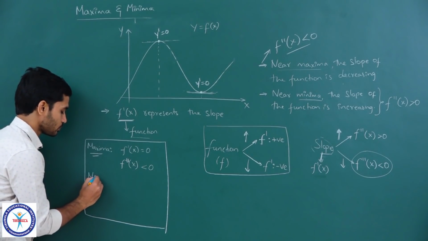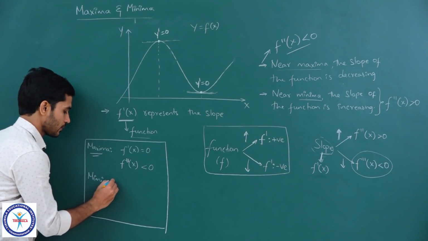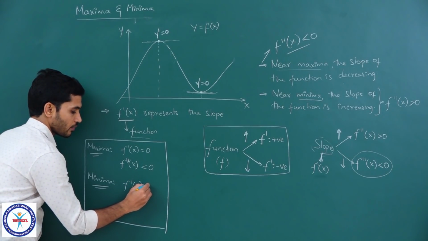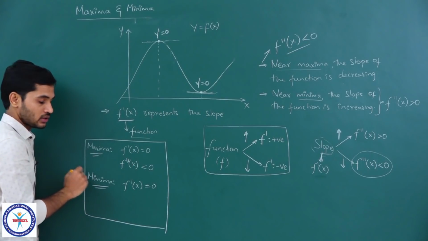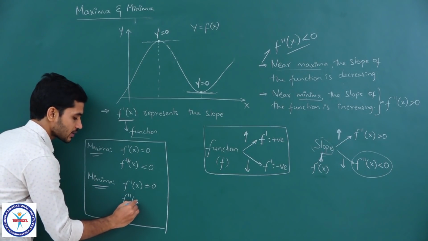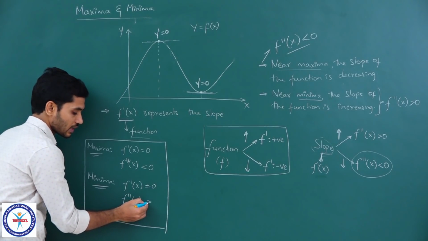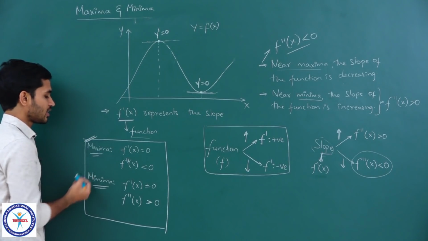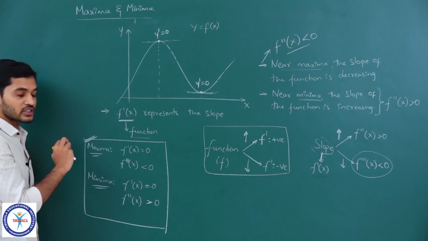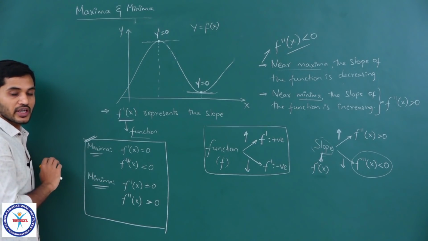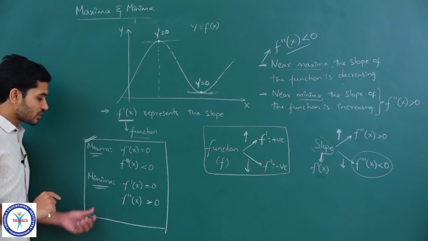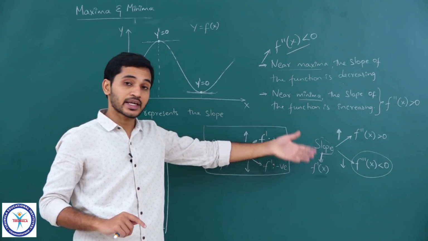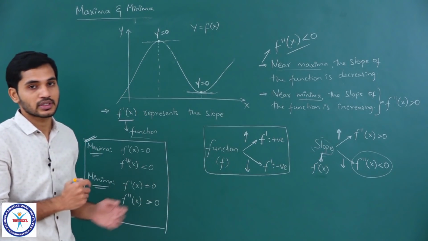And for minima, f dash of x should anyways be 0, right, because slope is 0 even at minima. What can we say about f double dash of x? F double dash of x should be greater than 0, right. So, these are the final results which we will have to understand from this concept. So, as long as this is clear, then we can easily understand maxima and minima. So, please look at this once again, go through how we brought f double dash of x or second order derivative into this concept, clear.